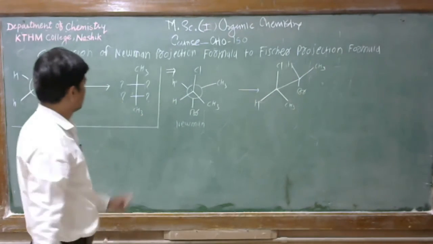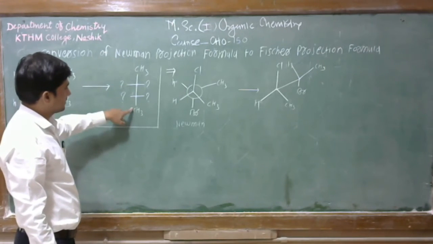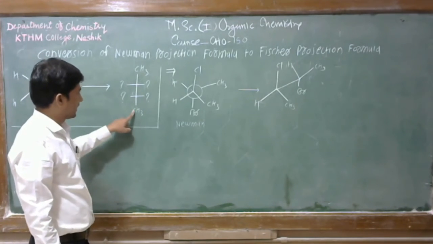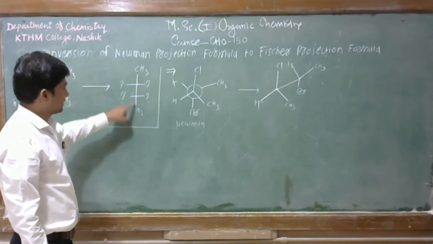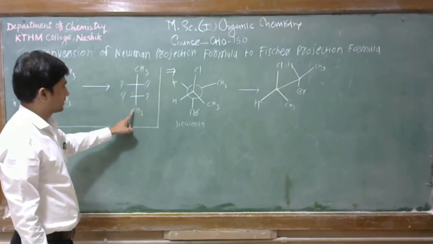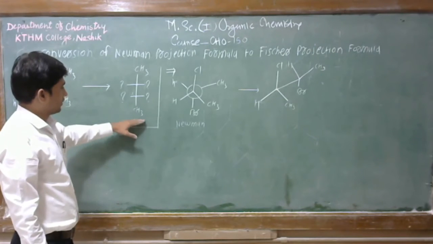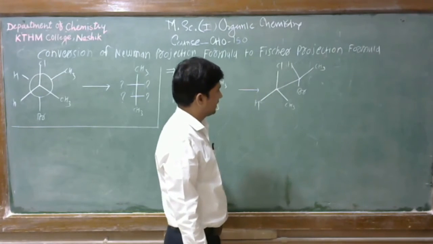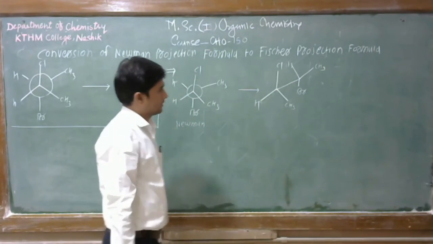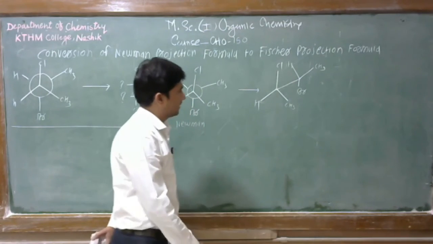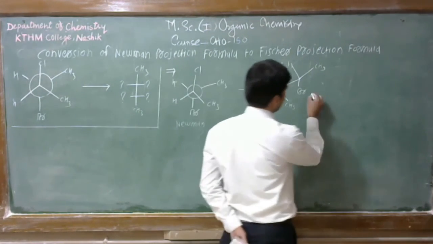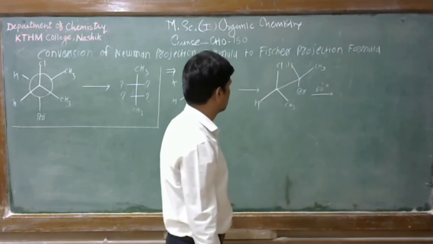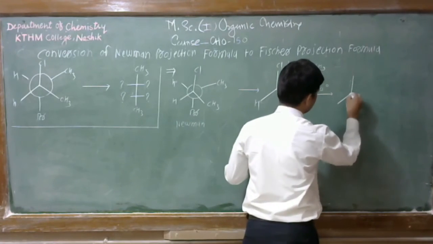So if we see here in the given answer, this CH3 and this CH3 are on the vertical line. Therefore, we can say that these two groups should be towards the below of the plane or towards the above of the plane. Therefore, firstly this compound should be in eclipsed form, and see here, if this compound should be in eclipsed form, then we have to rotate this structure by 60 degrees first. The rotation between carbon number 1 and carbon number 2 by 60 degrees, then we get the structure like this.